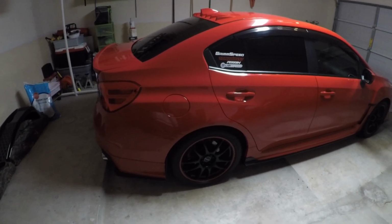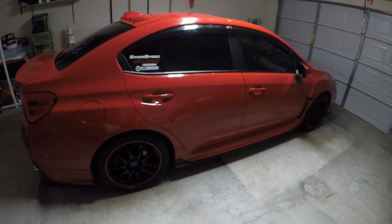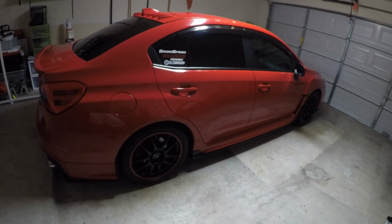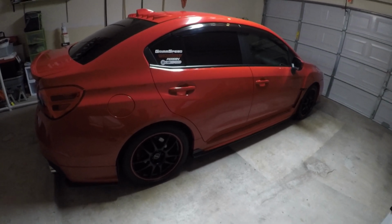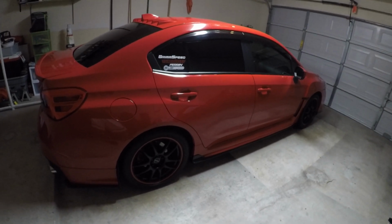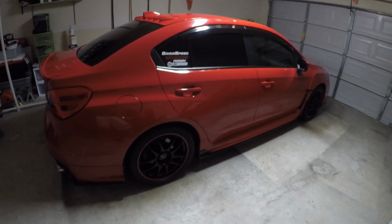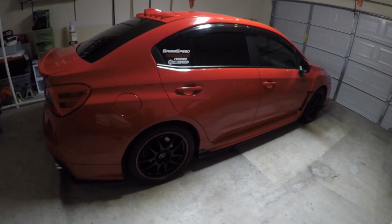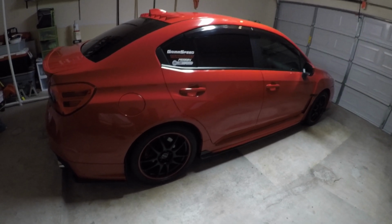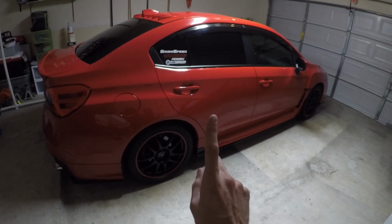So I just wanted to give you guys an update on taking it for a drive the first time with the Boomba BPV valve. Didn't hear any weird whistles or noises, so it looks like everything's held tight the way it should be. Overall impression is, whenever you're driving, say, second to third gear, if you're under a little bit of boost in second, whenever you shift into third, you don't have that drop off as much as you do, I guess, with the OEM. It's a little hard to explain, but the best way to say it is, whenever your needle's